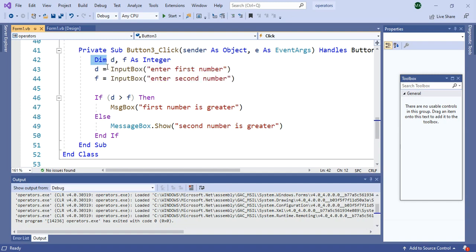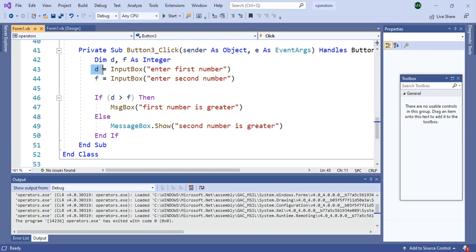Now which two variables are we declaring? First one is D, second one is F. Then As Integer, this is the data type of these two variables D and F. Both the variables are integer variables because we are taking integer values.